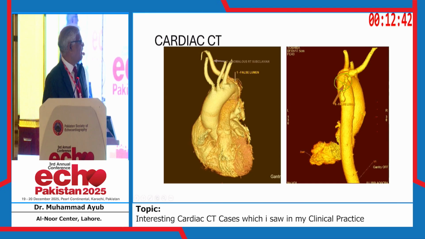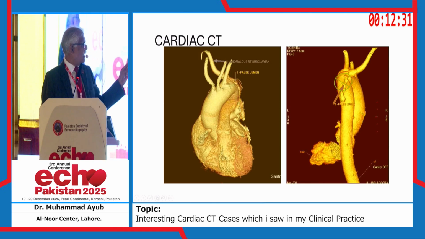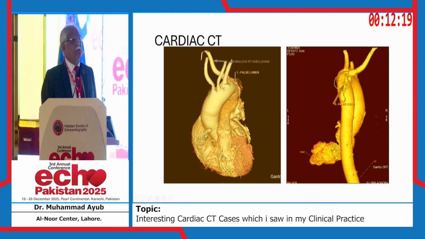And what we found was that there was an anomalous right subclavian artery, as pointed out by Dr. Sharjeel. In the case of an anomalous subclavian, that is the most distal vessel arising from the arch. So that's why the catheter directly went to the descending thoracic aorta. And moreover, during this process, the operator dissected the vessel, and there is a dissection flap in the